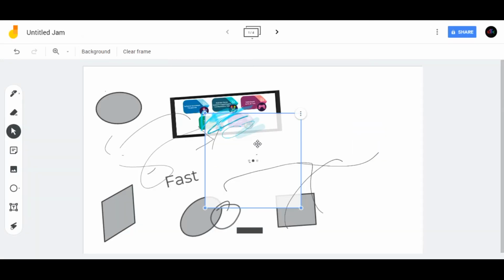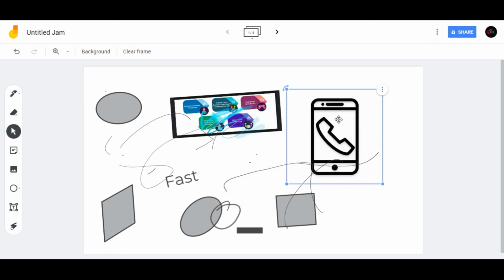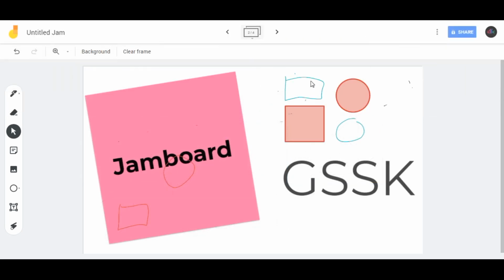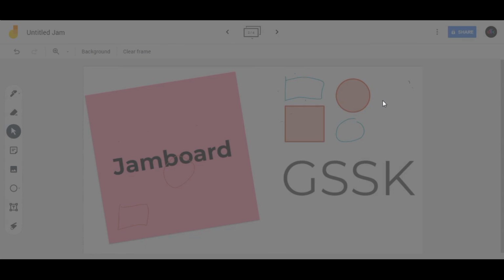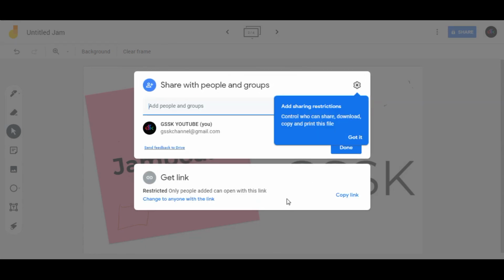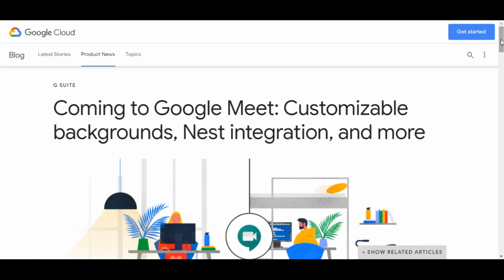So in this way, do a direct Google search, click the icon on any image, and you can add it to your board. So these are the 2 features you are getting using the desktop version. Other things will be the same as you usually use on the mobile phone. Also, you can share with anyone, like sharing a file in Google Drive. You can create a link to share, or you can add collaborators who can edit these. So that's it for today.